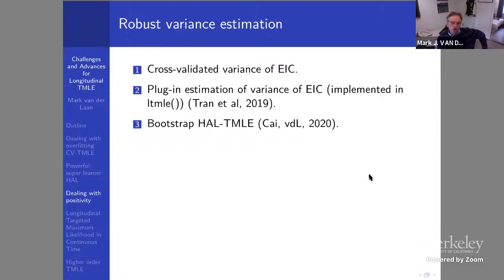It's just like an empirical R-square is not as good as a cross-validated R-square. So that's why we have to use the cross-validated variance of the efficient influence curve as a much more robust variance estimator, which is not just going to be small because you overfitted your initial estimators. But then on top, that can still not be enough, because